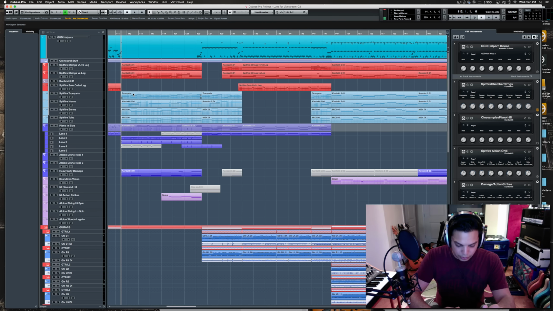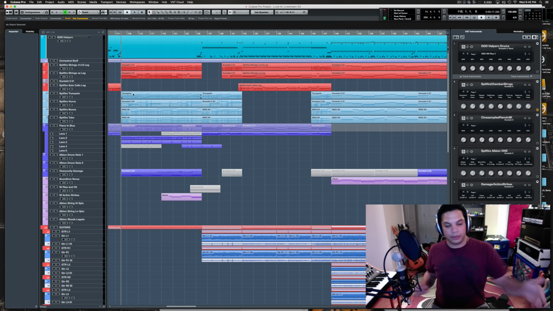Now, let's see. What do I use as a MIDI controller? I'm using the Complete Control S61. I really like it. I feel like it's a little short on features, and it is a pretty expensive controller. But the reason I like it is because it has the nicest key bed. So for anyone who's picky about key beds, this is the one you want to get.